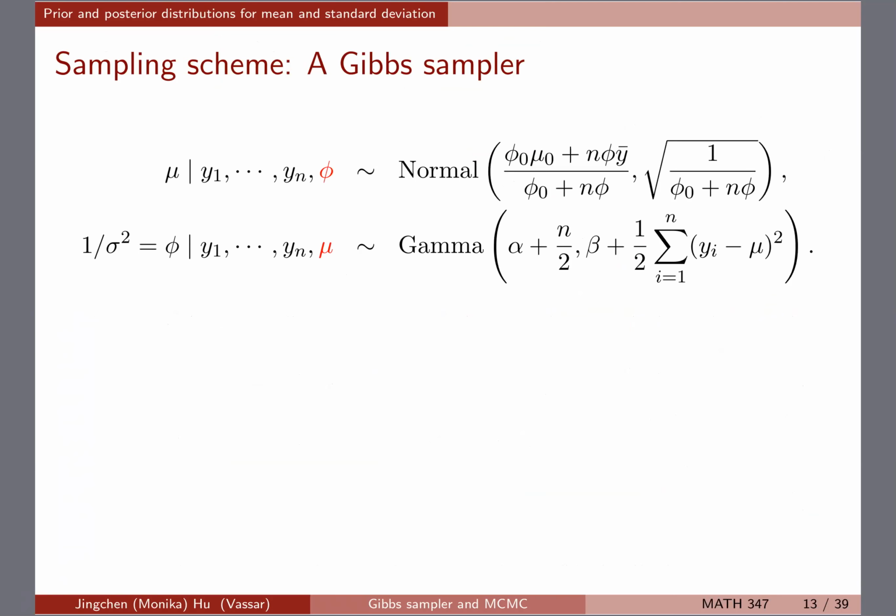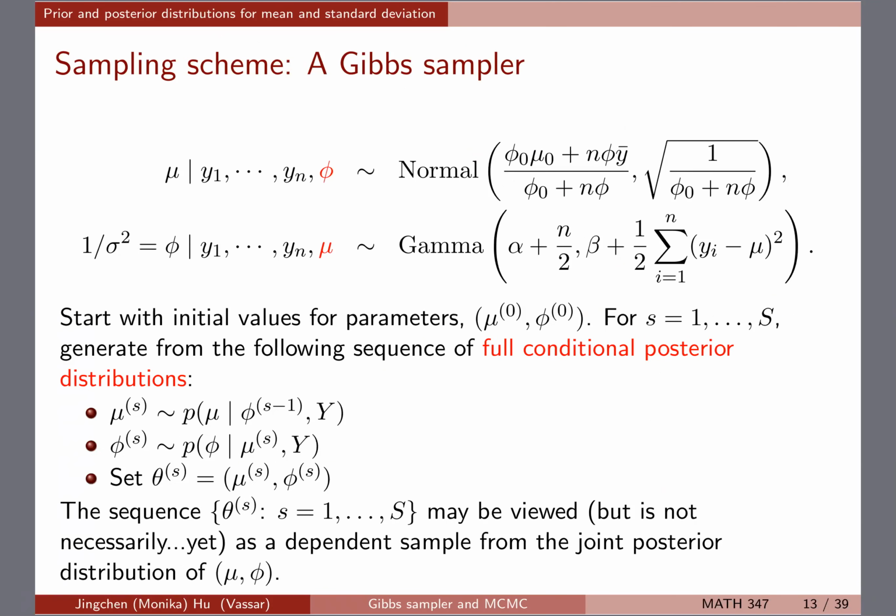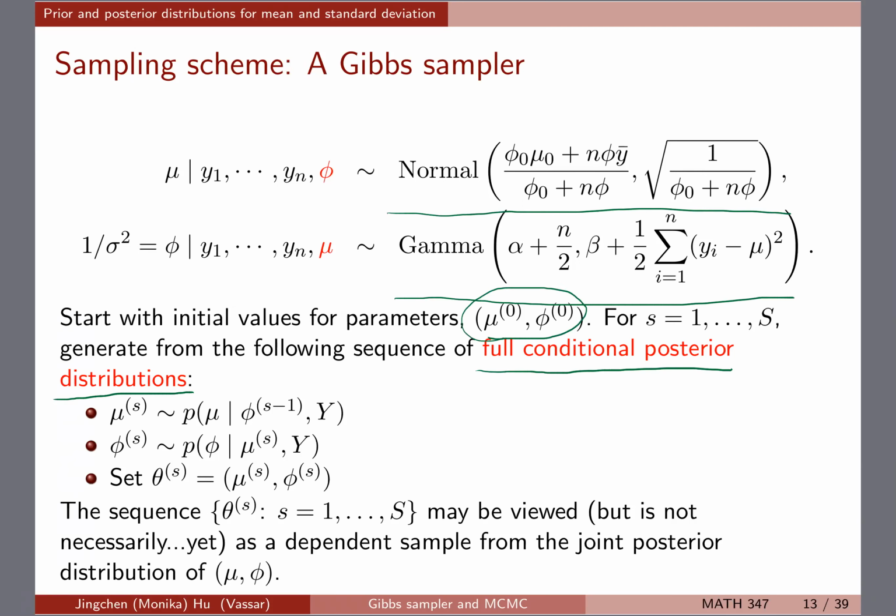So the key is that you're going to do the process iteratively, and we call this a Gibbs sampler. For example, because we do have the full conditional posterior distributions of these two parameters, we know what they are. If you start with particular parameter values, in this case say mu0 and phi0, then based on equation 17 and equation 18,